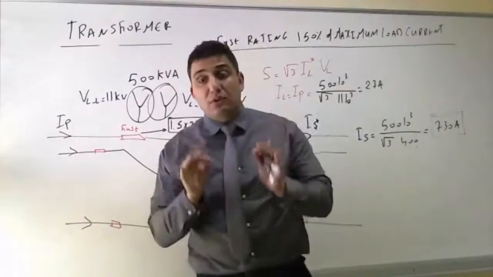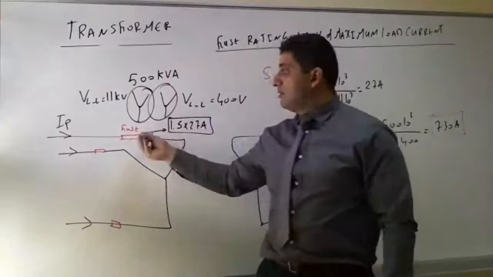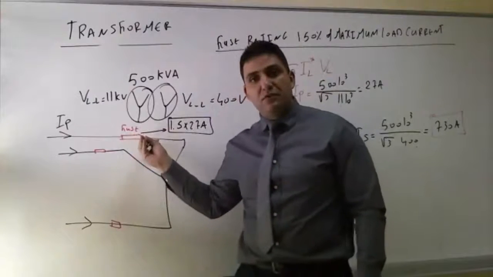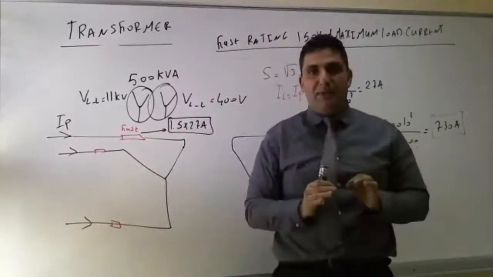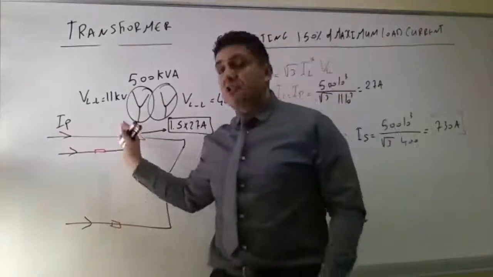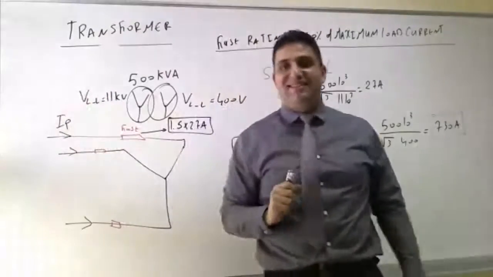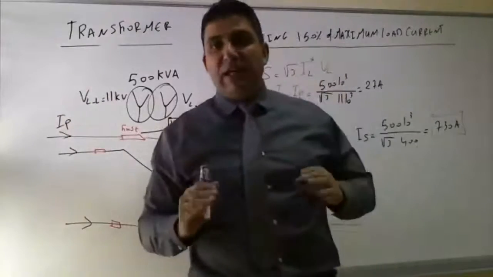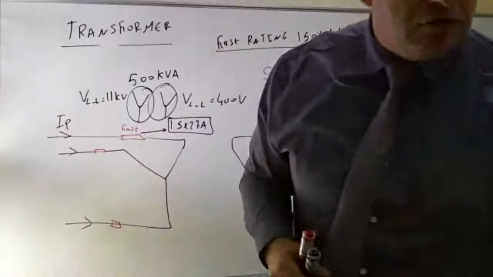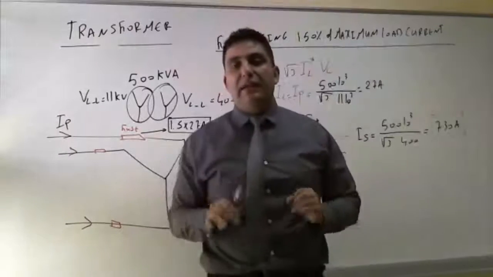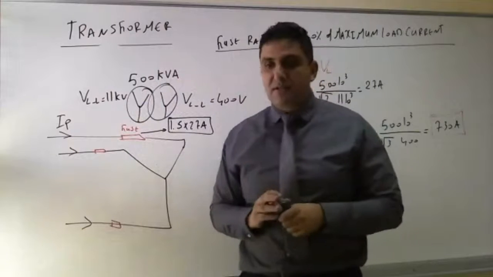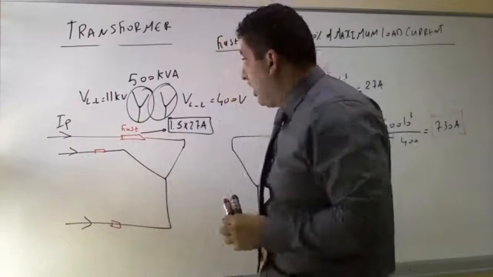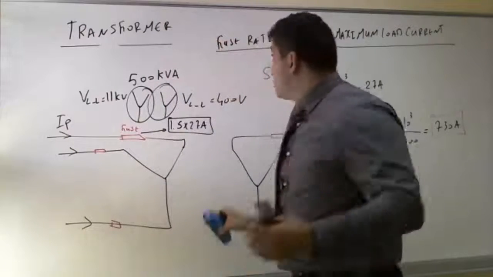I need to make sure that the current rating of the fuse is below the transformer fault current capacity. This can be explained in detail if you refer to figure 8.1 in the book. So it's very important to make sure that my fuse